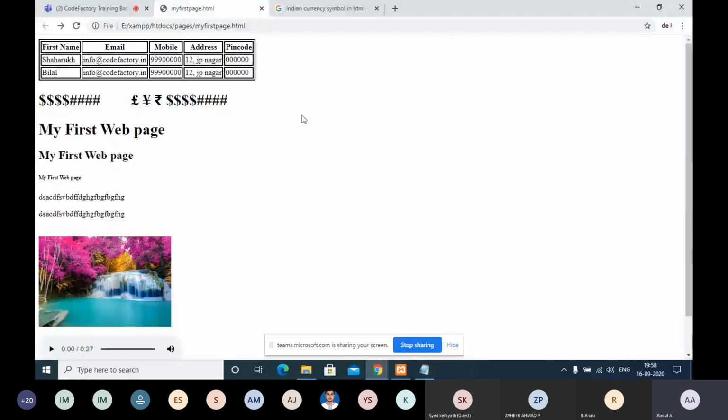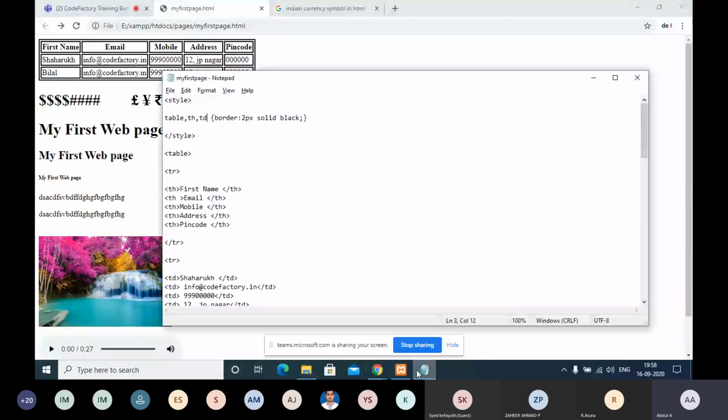So the important exercise I am giving you right now for tomorrow: you need to go and find some important styling elements, like text align, background color, and then this border collapse, margin. So what are all the important styling elements there? You must go and google it, and you need to come with at least 10 styles tomorrow.